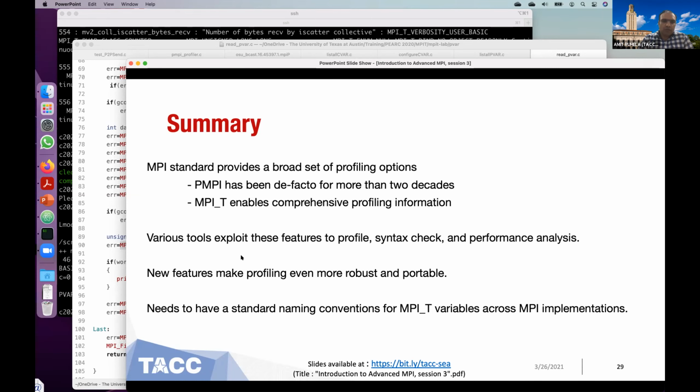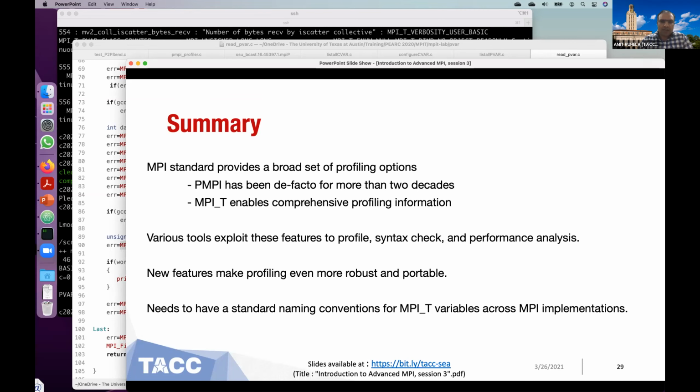There are a variety of tools which exploit these features, like profilers, syntax checkers, and performance analysis tools. And new features make profiling even more robust and portable. The only issue is that there are no standard naming conventions for the MPI_T variables, which makes it very hard for the tools developer to have a common interface across the different MPI implementations.